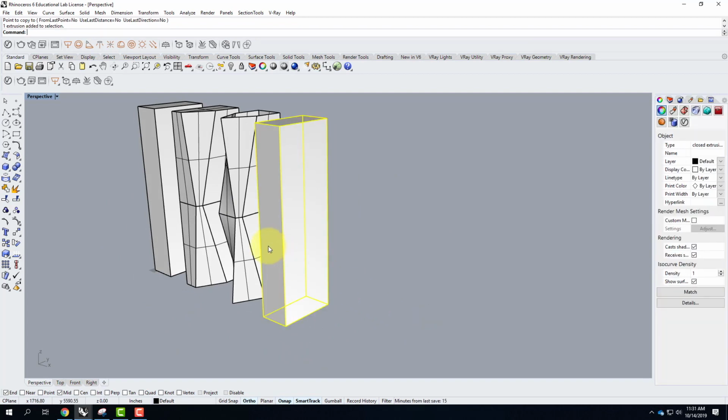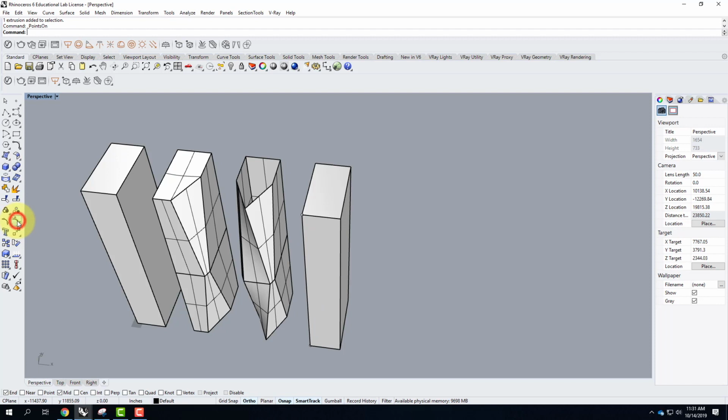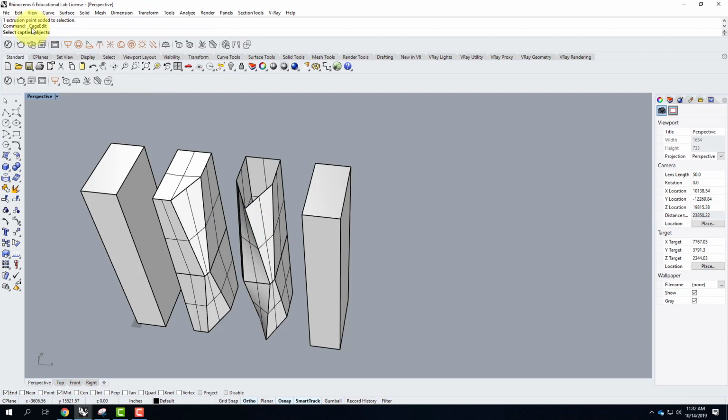Now, if I want to manipulate that piece, I could come over and turn my, I think it's the control points on. I don't have enough control points on that one yet. So I really can't manipulate it by too much. So instead, I can use what's called a cage edit, and that's where this whole thing was going. And I can create that by typing in cage edit or going under, I think it's under transform, and then cage editing, cage edit. And so I can either type in cage edit or I select that, and then